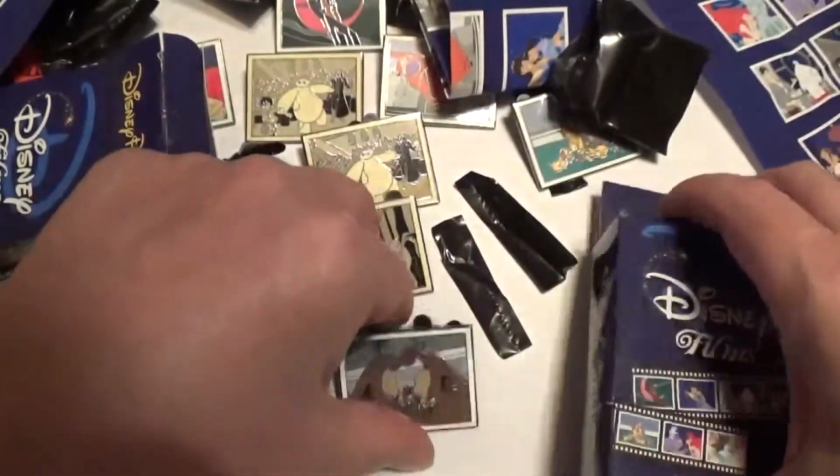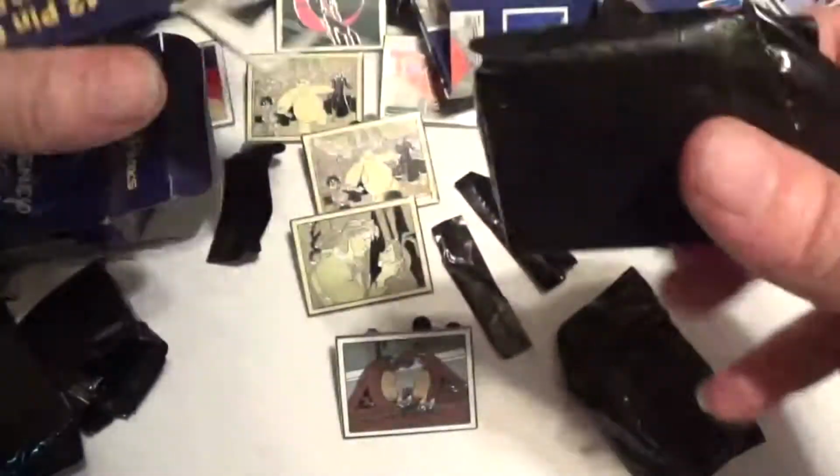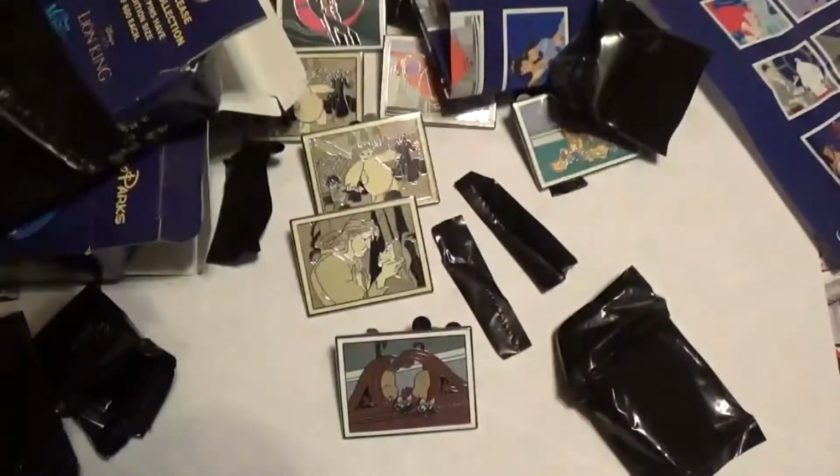I want it. Alright, this is the last box. Hopefully we get some Aladdin ones. I really would like some Aladdin pins. Which one do you want? I'll like you to get down. I already have that one, so